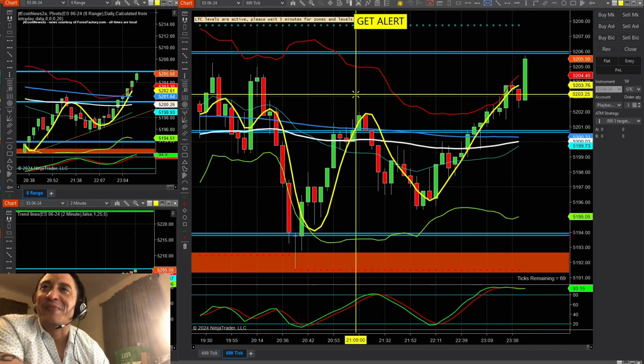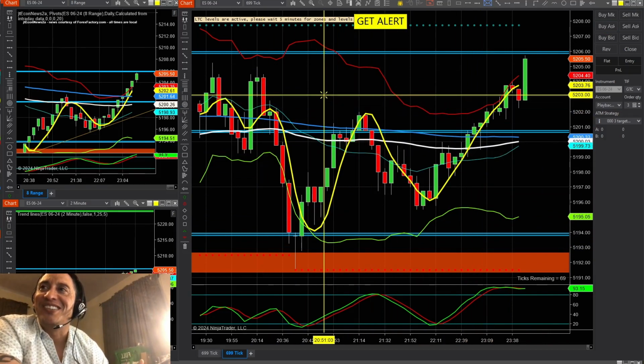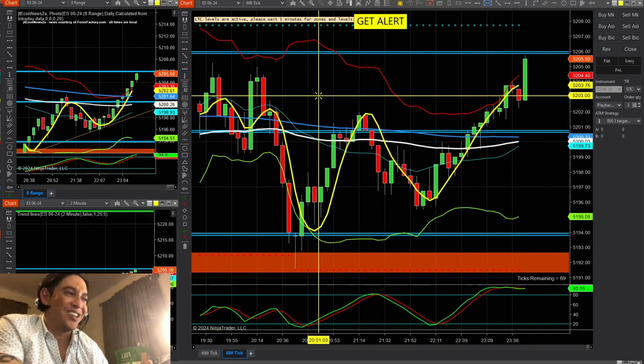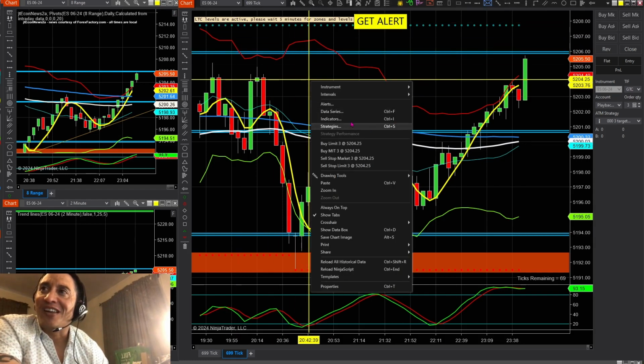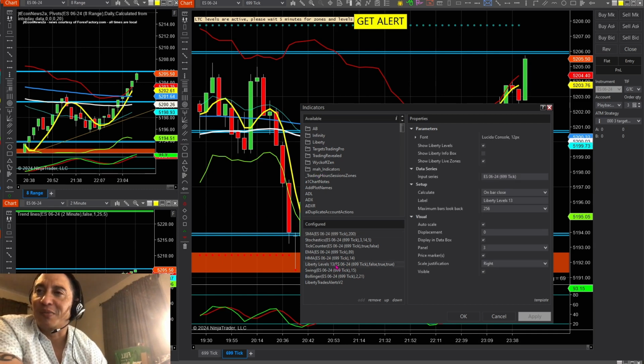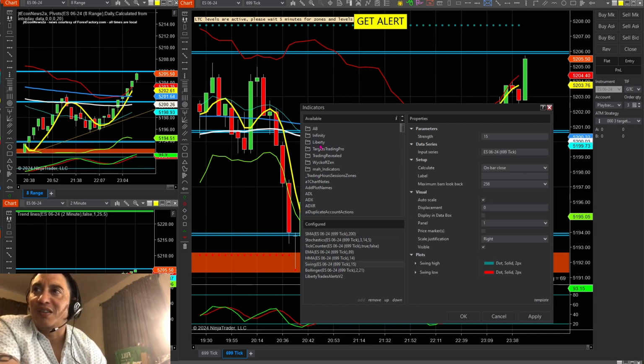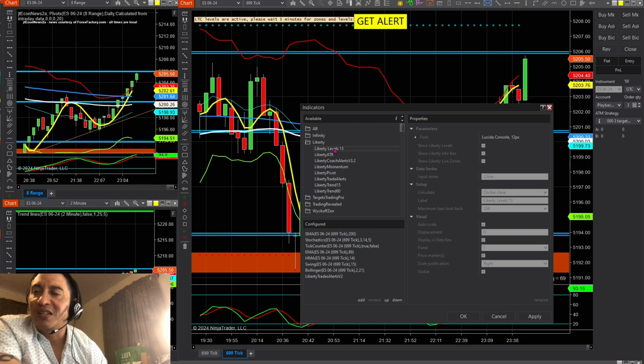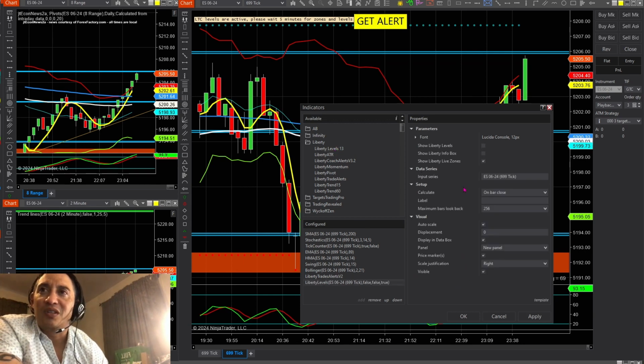And then once you get it downloaded, come right over to your charts, and you're going to right click, go to indicators, and I think I have them on here already, but let's take them off, and then go to Liberty Tool, the folder here, and then go to levels 13, double click that, make sure show Liberty Live Zones is checked, and I'm going to click the show Liberty